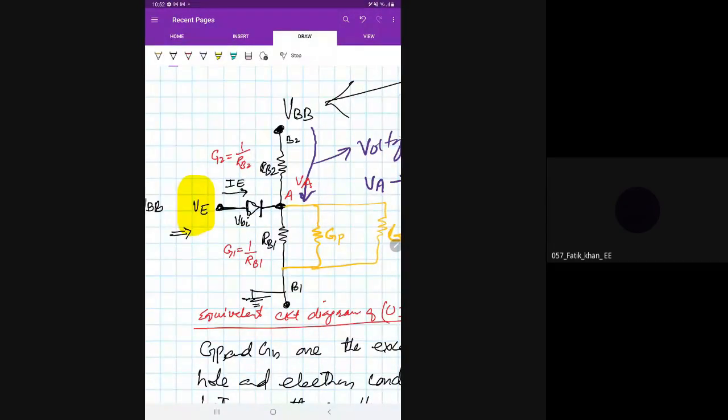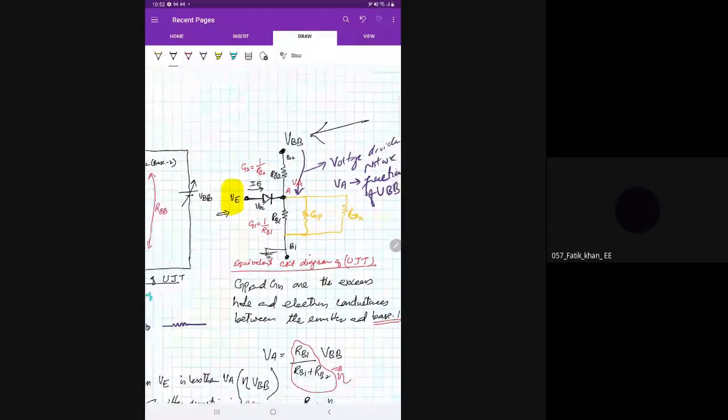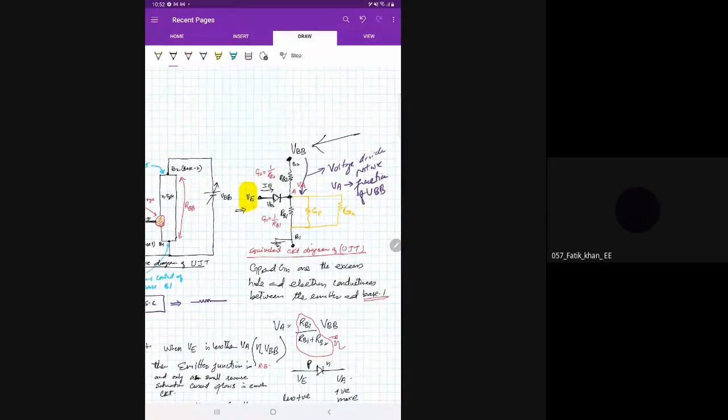If it is in forward bias and it is a forward current, or when it is a reverse saturation current, in both cases what will be the effect? That I'll explain. This discussion is a bit incomplete right now, but surely I'll tell you whether we can neglect it or not. The question is not whether we should neglect it, but what effect it has on the circuit. If you have any question, you can ask me. Otherwise, I'll stop here and continue this discussion in the next lecture. If any student has a question